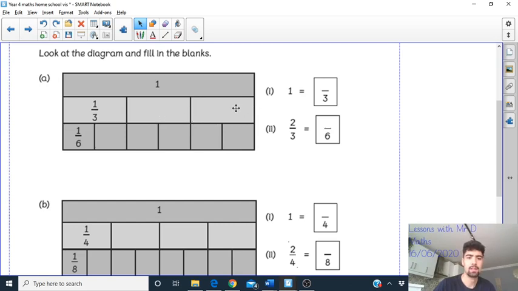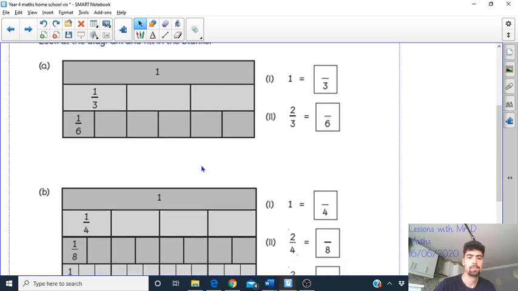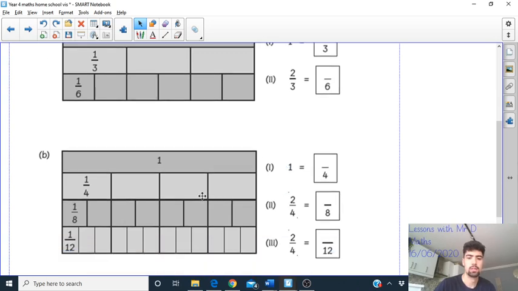But what about here? What about 3/4? Yeah, 3/4 is the same as how many eighths? Or 6/12 is the same as what? Look at all the different combinations that you can get. See if you can make a long line of equivalents. So you could have 1/4 is the same as 2/8 is the same as 3/12. Can you maybe extend this? What else? What other fractions can I get out of